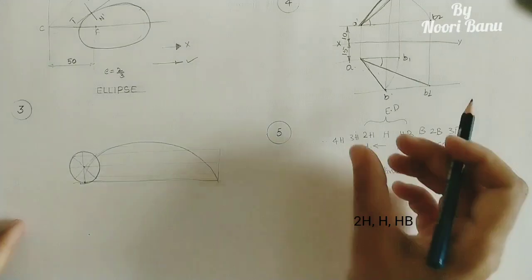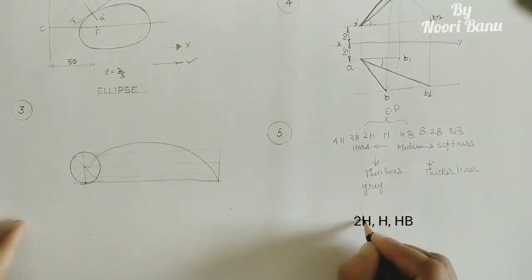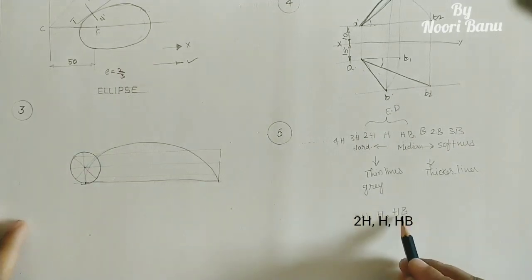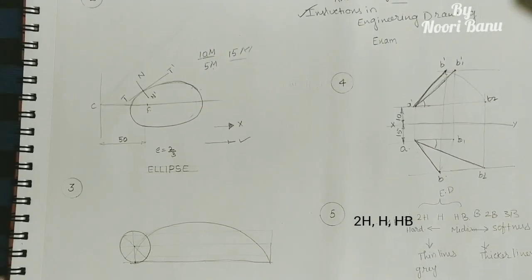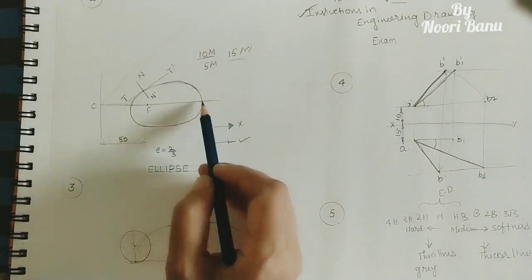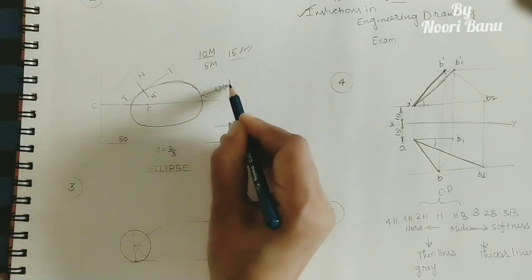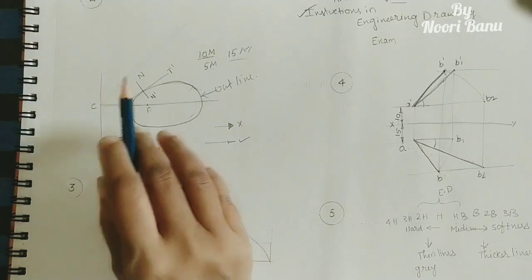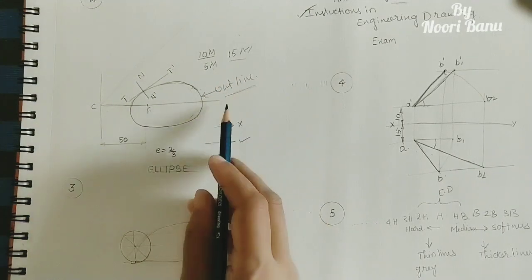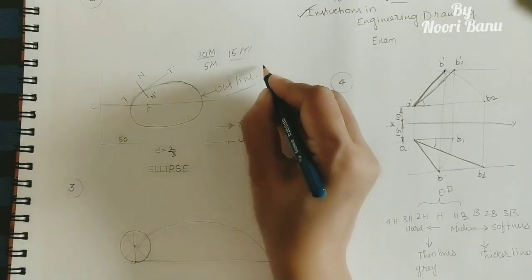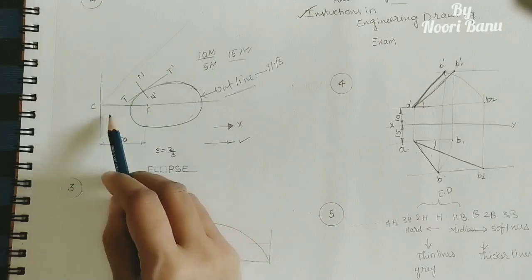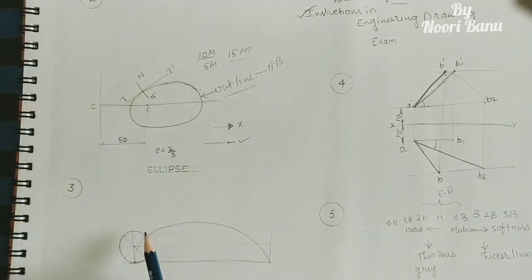So let us take these three pencils, 2H, H and HB, and see where we use them. The HB pencil is used for doing the outlines. Whatever the main diagram is, here the ellipse is the main diagram, it is the outline. The normal and tangent are also part of the main diagram. Whatever the main diagram is, it is called the outline. All the outlines are with the HB pencil, and this directrix as well as the axis are also with the HB pencil.